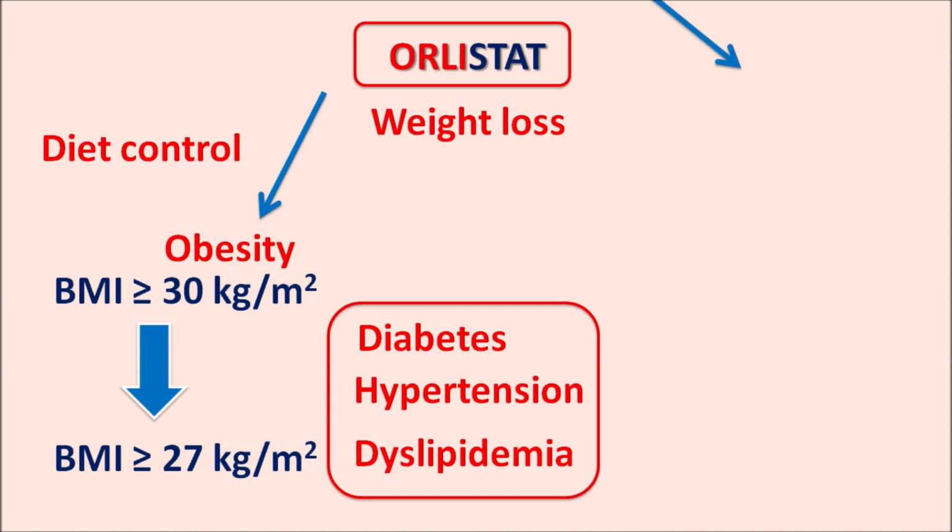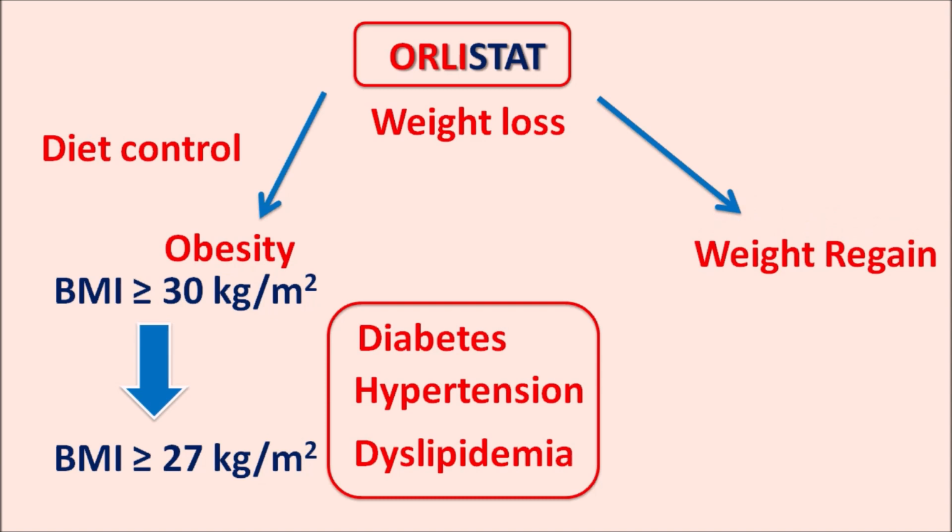Similarly, this drug can also be used to control weight regain in the patients. If any patient is having sudden weight loss, this may stimulate few of the pathways which increase the weight regain. In such conditions, Orlistat can be used to control the weight so that the body mass index is not crossing 30 kg per square meter.